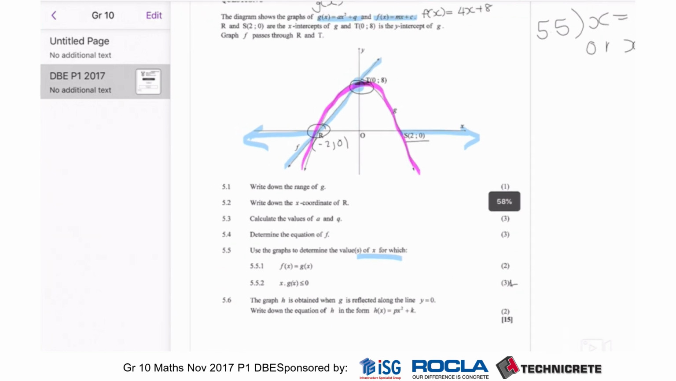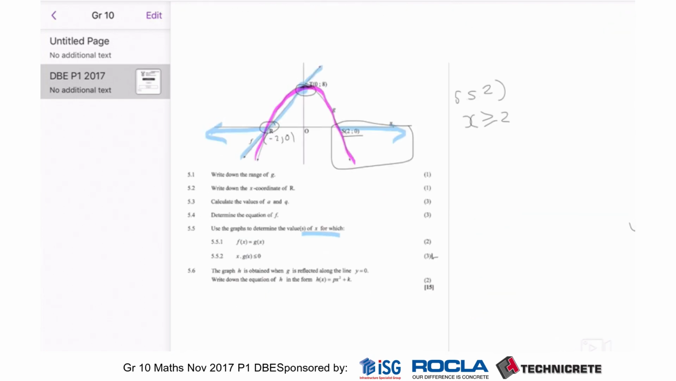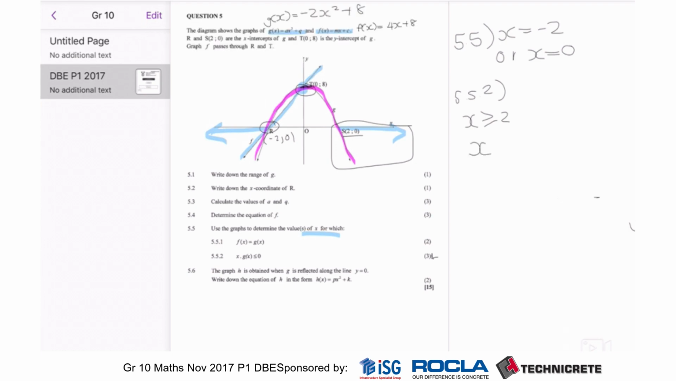But ensuring that this graph as well, so our answer is therefore going to be x is equal to or greater than 2, so that's coordinating for this range here, and where x is greater than negative 2